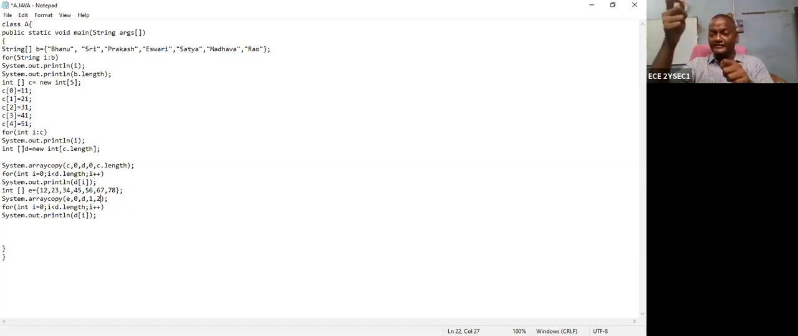From which location? 0 onwards, 0 and 1. So two data. To where? D register. In the D register, where can I store? From first index onwards. So now I want to display the E register. So this is called as a